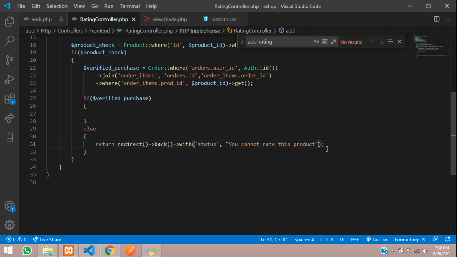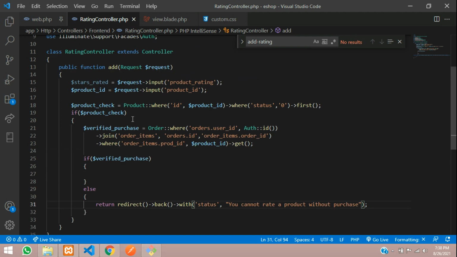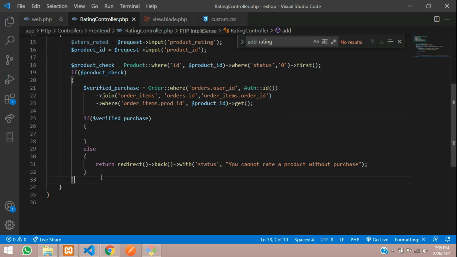You cannot rate a product without purchase, or however you are comfortable. And for this thing, if product check, for that in the else part we are going to return a